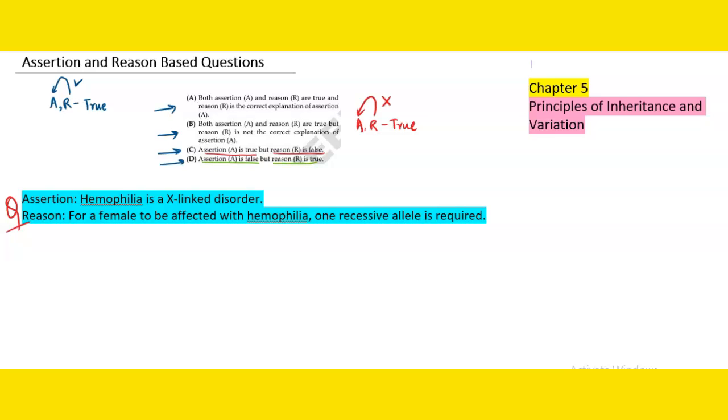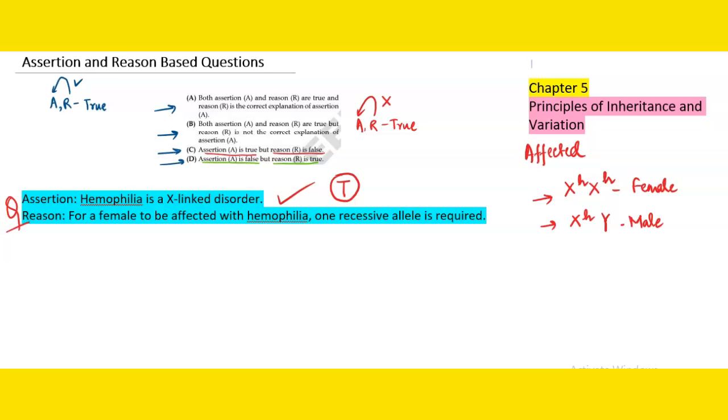So let's come on to our question now. It says hemophilia is an X-linked disorder. So it is absolutely correct. There is no doubt about it that this is carried by the sex chromosomes. Females, if they are affected with hemophilia, their genotype is shown like this. And if males suffer from hemophilia, they are hemizygous for the trait, so their genotype will be represented like this. So in the case of affected human beings, the genotype of female will be represented by this and of male like this. So we have worked out that assertion is true.